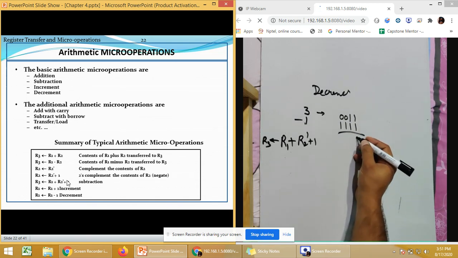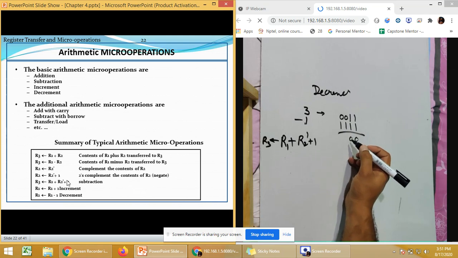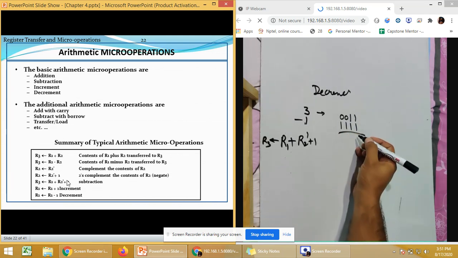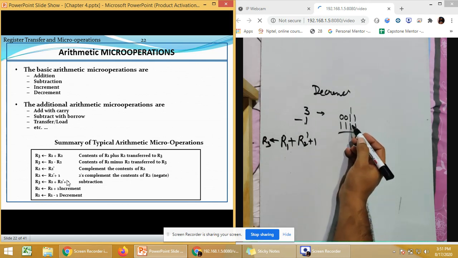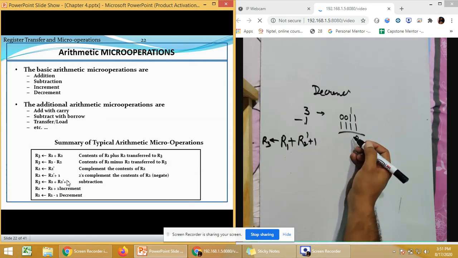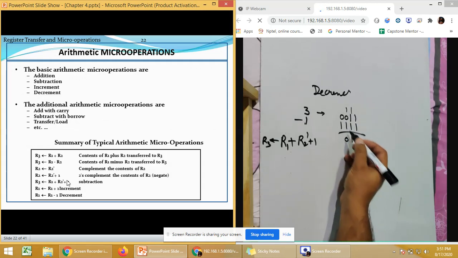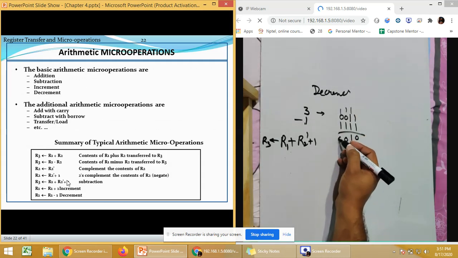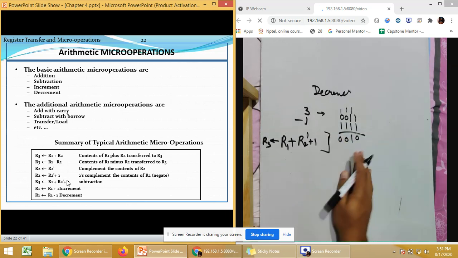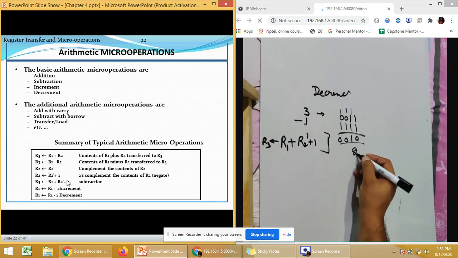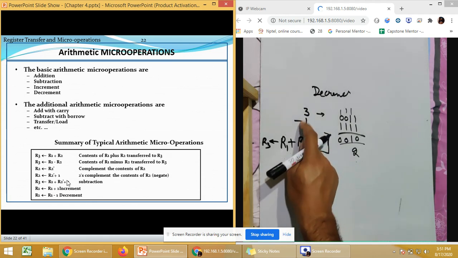So 1 plus 1 is 0, carry 1, and so on, and the final carry, just remove it. So the answer we are left with is 2, which is simply the decrement of 3 by 1.